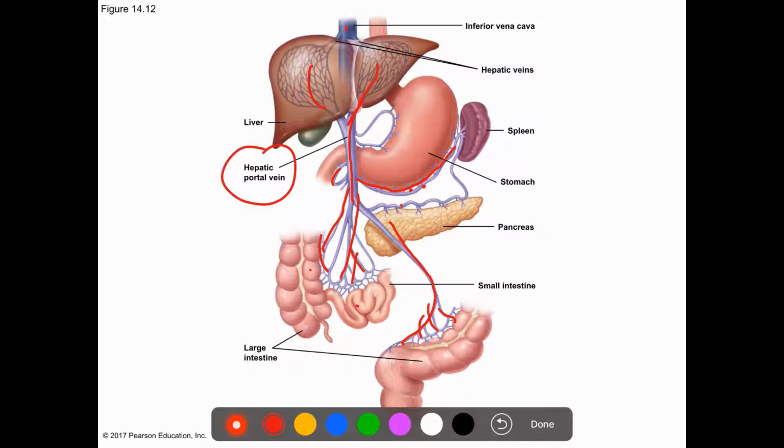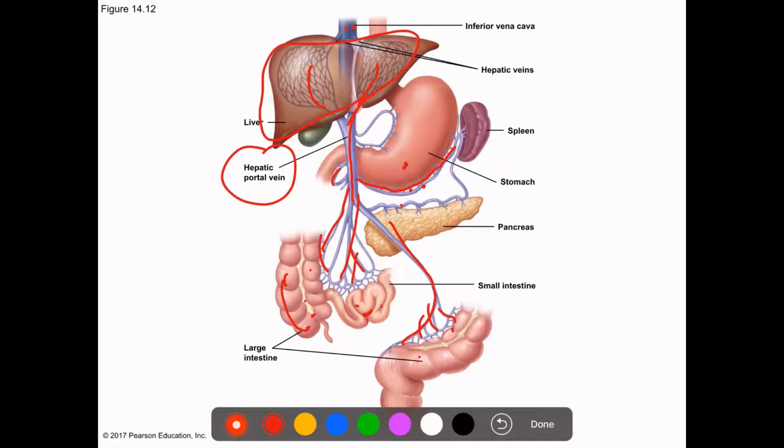So what does this mean? It means that any material being absorbed either in the small intestine or large intestine or in the stomach, and these materials, remember, are coming through food, coming from outside. So it might contain some toxins, it might contain some germs, bacteria, microorganisms. So before we put them into the systemic circuit, before we put them directly into the blood, the liver would